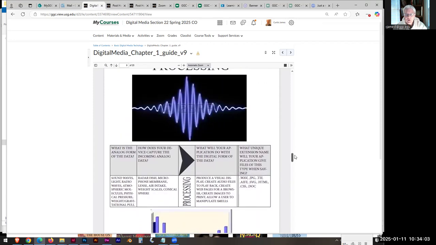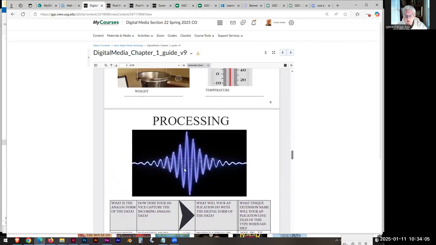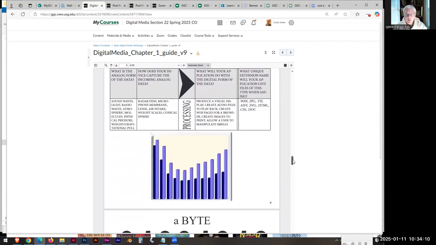Processing, we turn an analog wave like this into a digital form. It goes into the computer as ones and zeros. It comes out something like this, a set of steps. Okay. All right. These are some